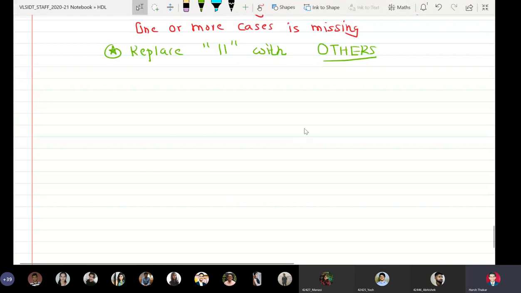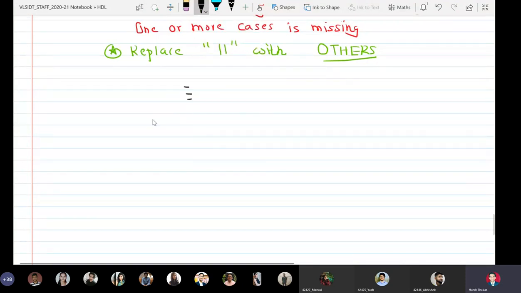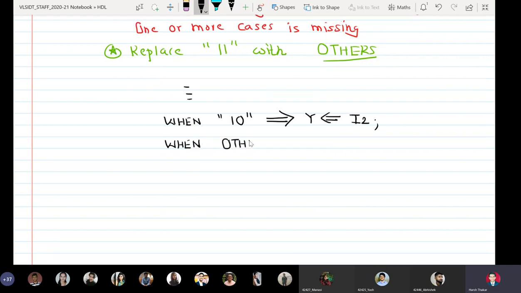Okay, so in other words, if you want to write the last two, we will say like this. The last but one is when 10, spoken as then, written as equal to greater than, Y is assigned I2, and then I will write when others, written like this, spoken as then but not written as then, Y is assigned I3.